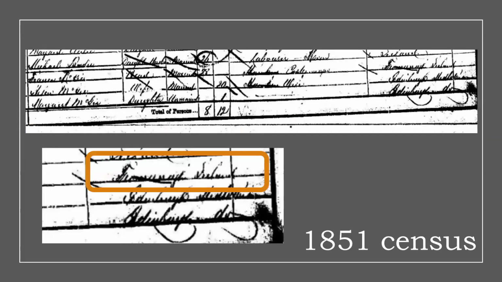Here's one, and I have it up here, and I realized you couldn't really read it, so I blew it up. This is my great-grandfather Peter McGee's father, Francis McGee, so my great-great-grandfather. And on the 1851 census in Edinburgh, Scotland, it says he was born in Fermanagh. County only doesn't help that much, but it's better than nothing. I have no idea who the informant was on this. However, if we